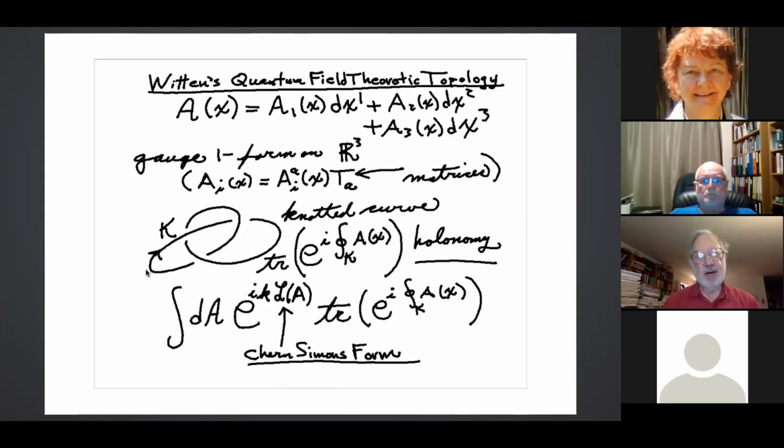But it isn't just the infinitesimal transport around a curve that turned out to be of great interest in recent years, meaning recent years like 40 years. Witten back in the 1980s said, look, let's take one of those one-forms in 3-space and let's look at what happens when you go around a path and come back to where you started and measure that. And the path could be knotted. And then it turns out that the knottedness of the path is really significant for what happens when you go all the way around. So that phase